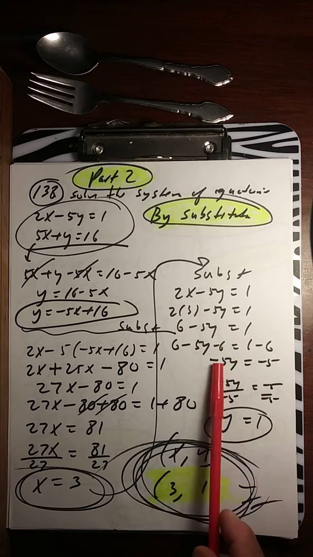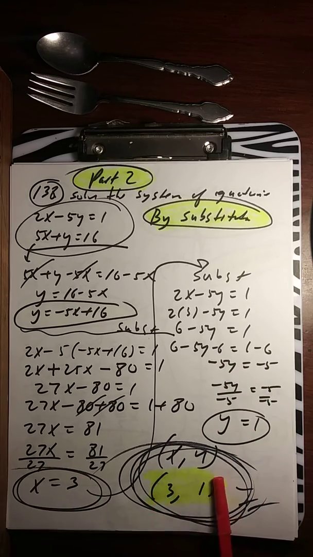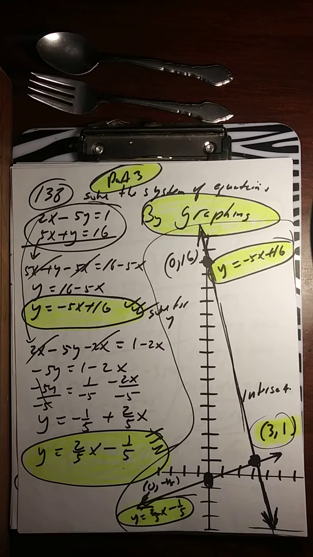So minus 6, so negative 5 equals that. So divide by that, 1. So we have 3 and 1 by substitution. Alright, so now we're going to have to do